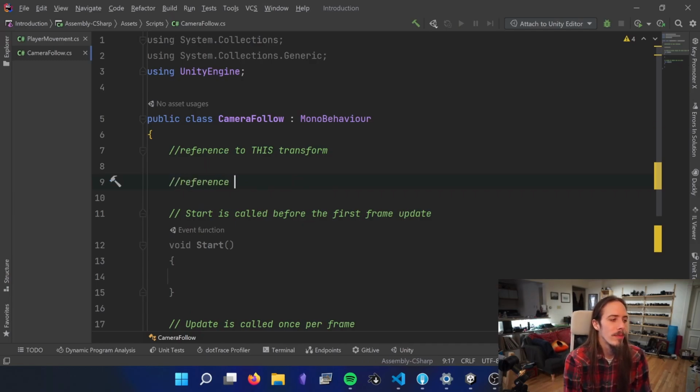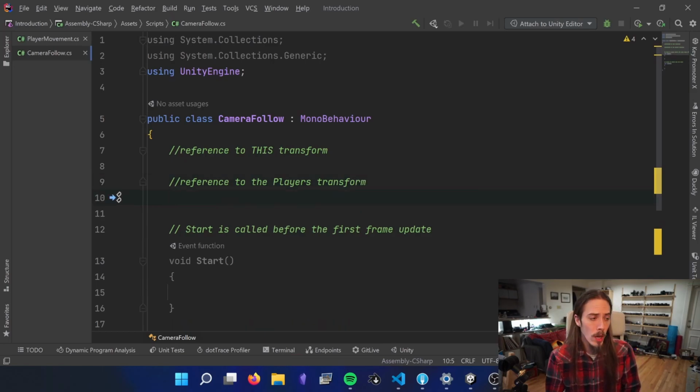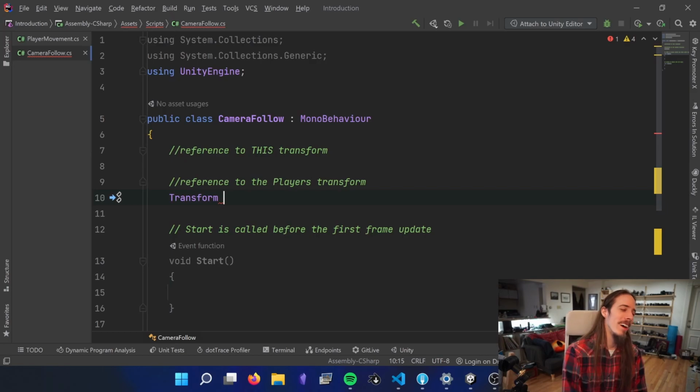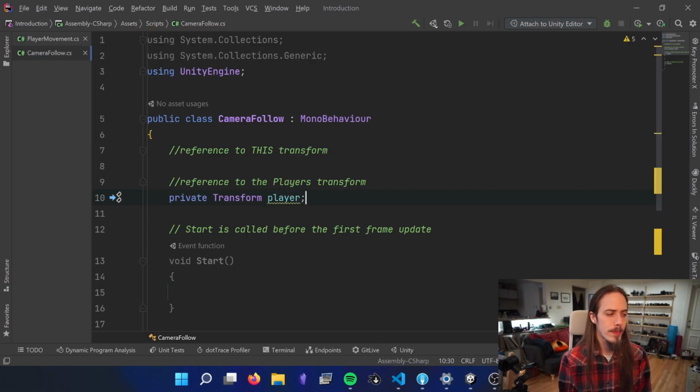We need a reference to the player's transform. So we're going to make a variable that's going to hold onto this reference. And that variable is going to be of type Transform. Transform is the name of the transform component, and we will call this player. It is private, but if we make it public,